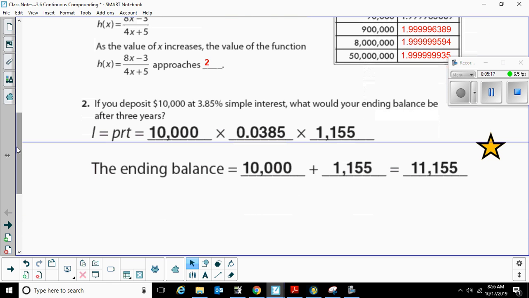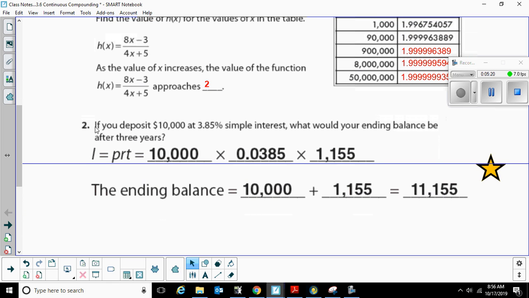All right. Let's consider question 2. If we deposit $10,000 at 3.85% simple interest, what would your ending balance be after 3 years? Well, we're going to go back to what we've done before. This is the simple interest formula. So what are we doing? I put my principal in, put my rate in, put my time in,